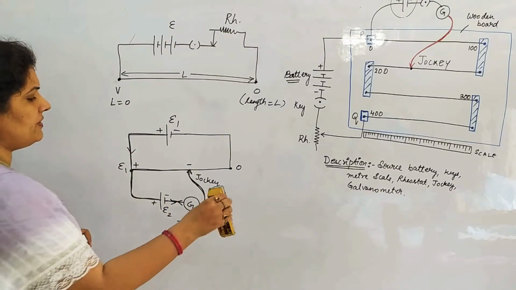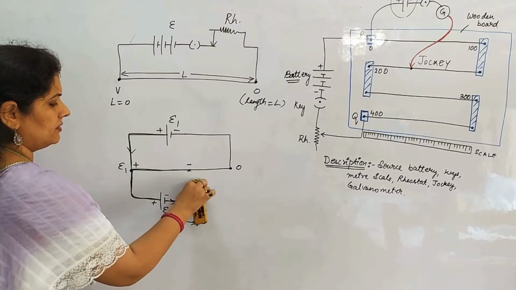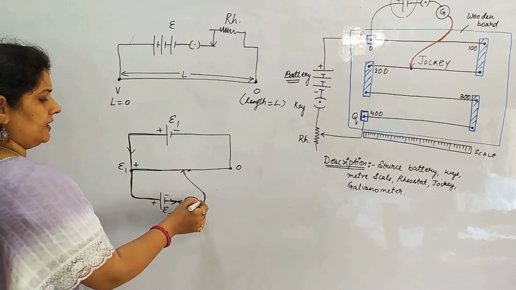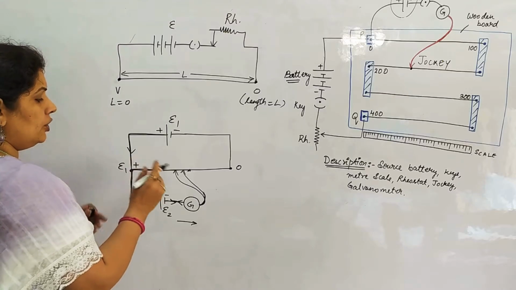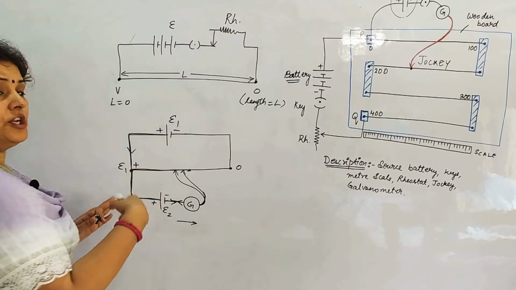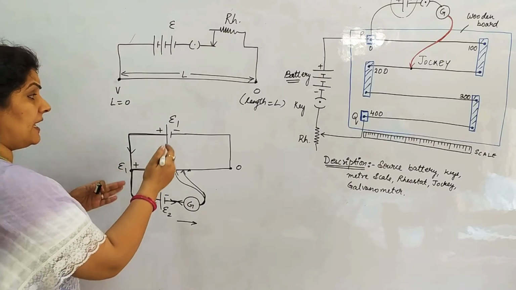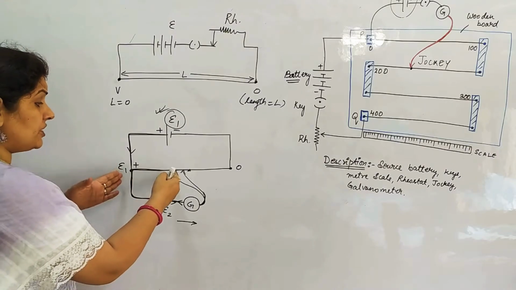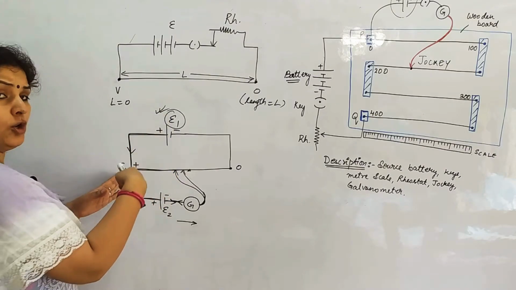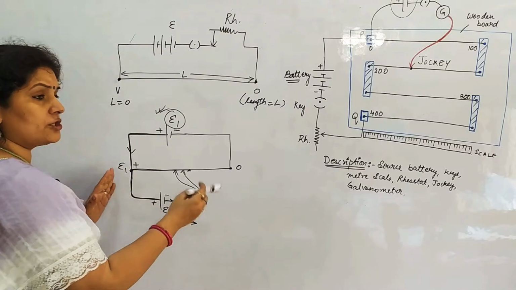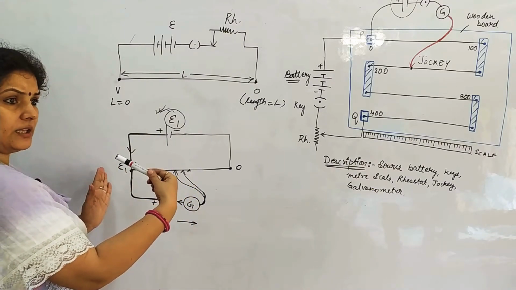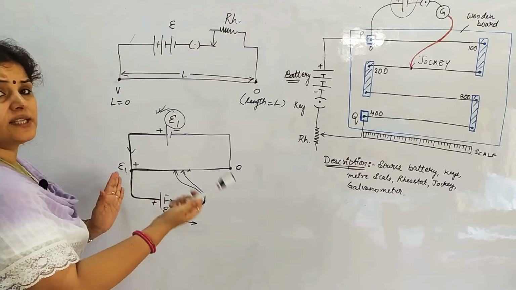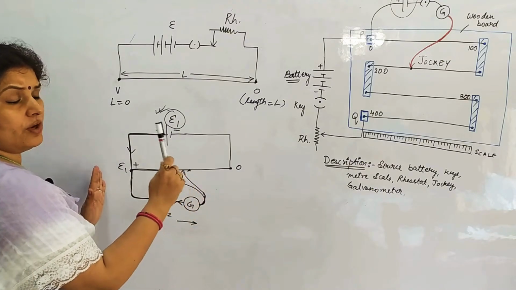But now what we have done is we have changed the length. Earlier we took the potential for this much length, now we have changed it and brought it here, or changed it and brought it here, right? For this length the potential would be different. Suppose for this length the potential generated by E1 is higher and E2 is less, so for the potential drop of this length E1 will dominate and current will flow in this direction. So the galvanometer, which was showing deflection to this side, now starts showing deflection towards right because the current due to E1 will dominate. It is exerting more force on the charges, so deflection will be towards right.